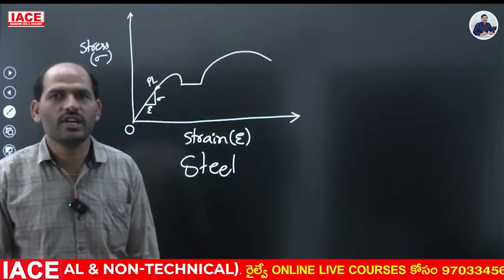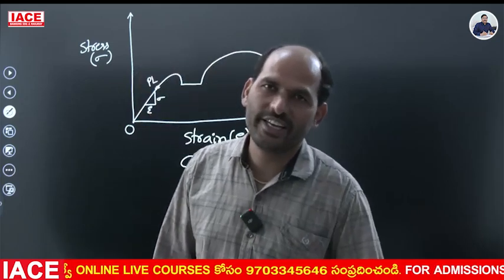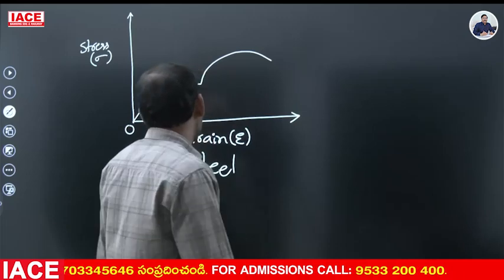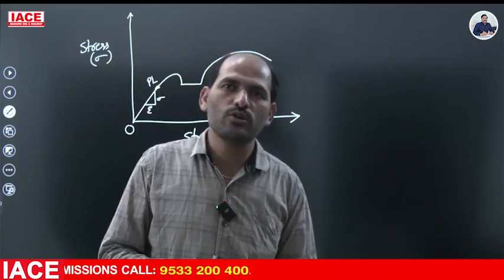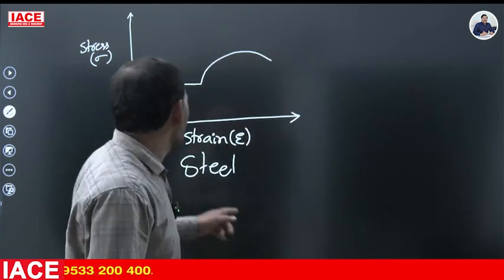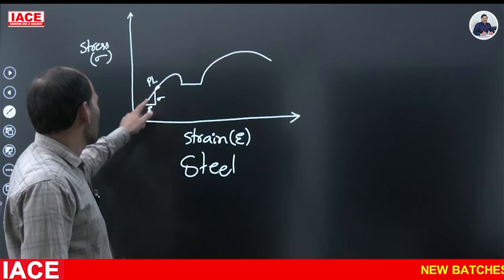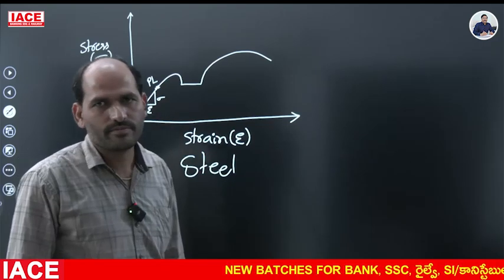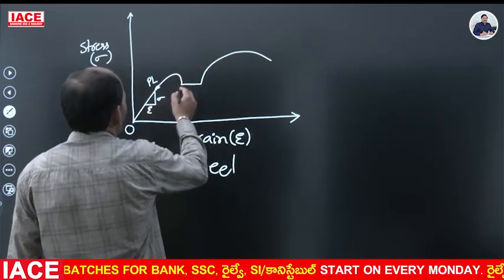That means stress upon strain is what we call the modulus of elasticity, also known as Young's modulus. From the origin to the proportionality limit point, this line is very straight. And here is the elastic limit, the upper yield point,